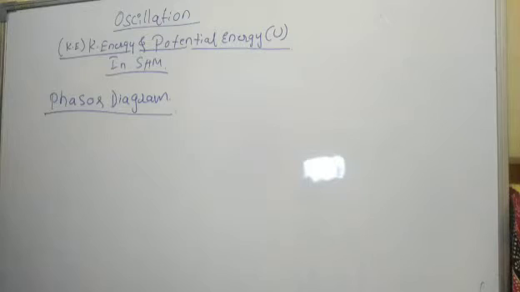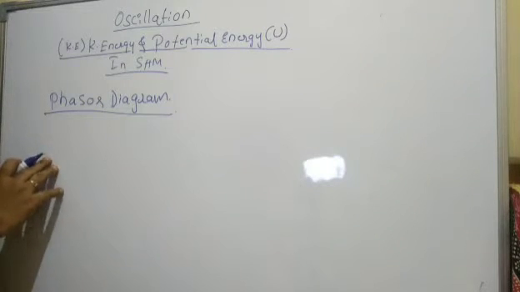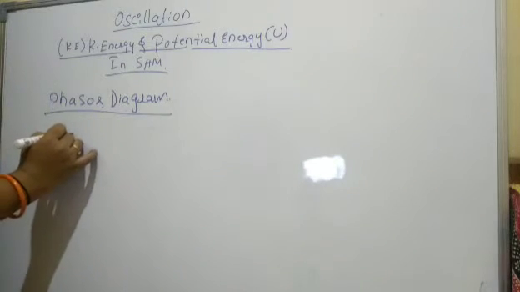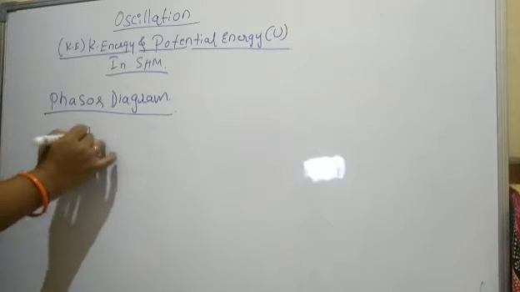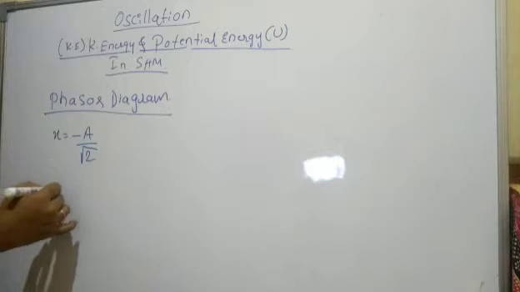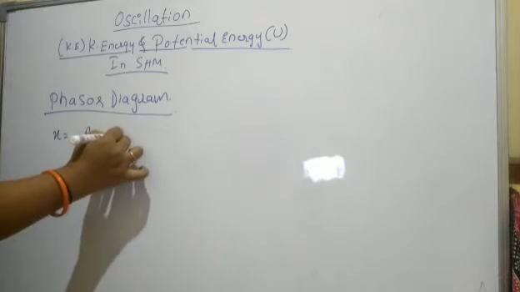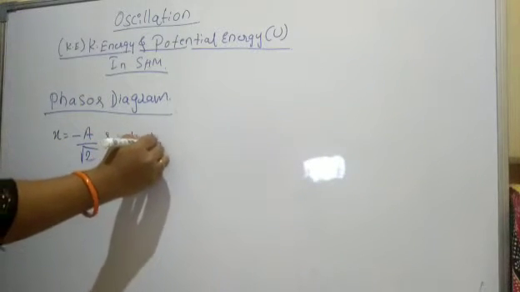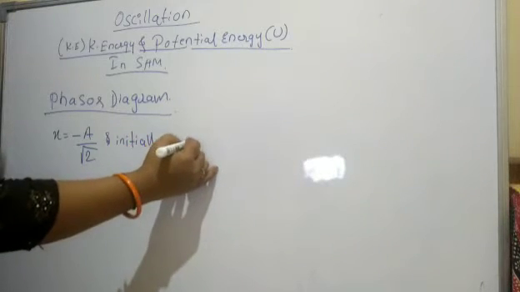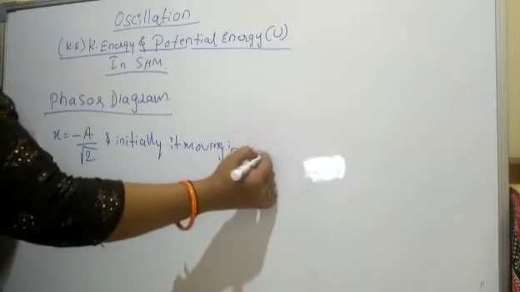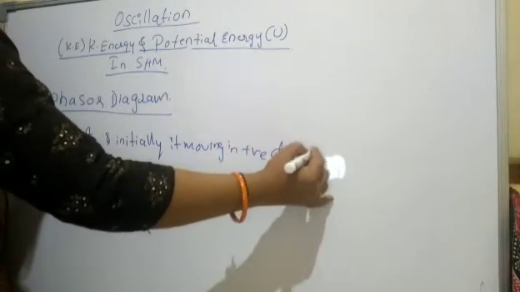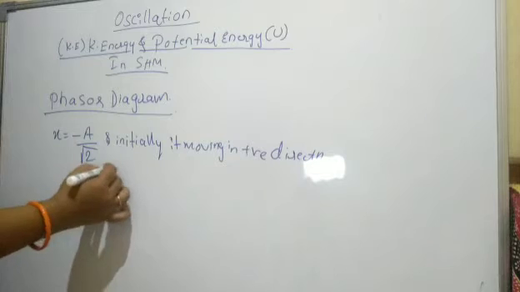Along with this we have solved some problems also, and in the previous class I had given one question for you to solve: the particle executing simple harmonic motion is initially at x equal to minus a divided by root 2, and it is initially moving in the positive x direction. So we need to find out the equation of the particle,